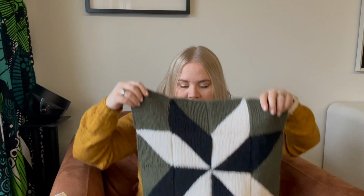The deadline for the test knit, I think it was next week, Friday, if I'm not mistaken. So I still have a good week to do the backing, and it's just one color, so I don't think that's going to be a problem. But yeah, really have been enjoying this, and it's nice to read someone else's instructions and go inside of someone else's head, because it's very interesting how she